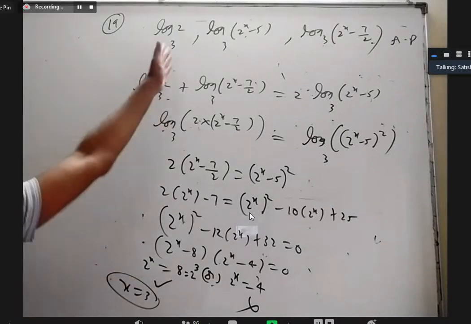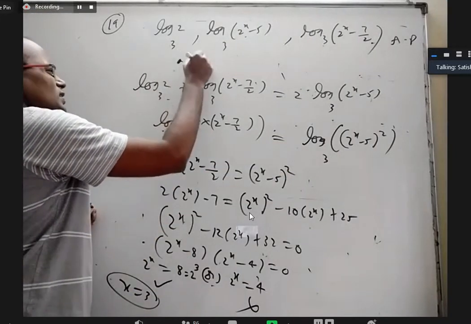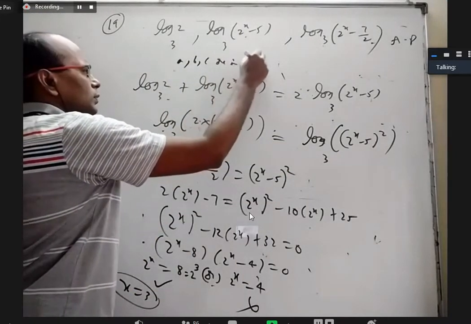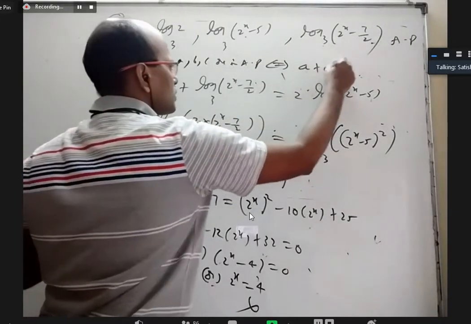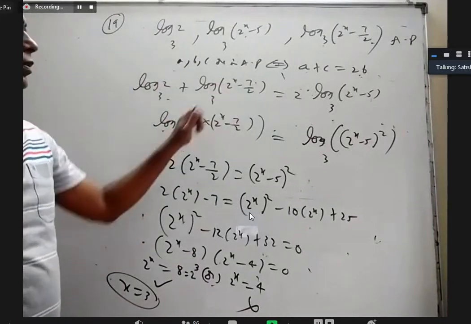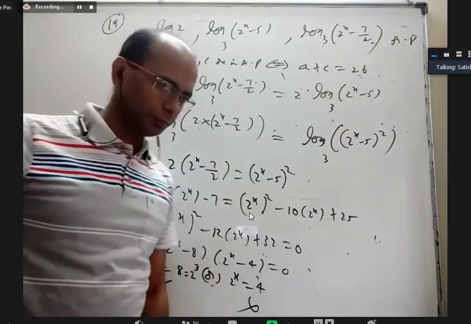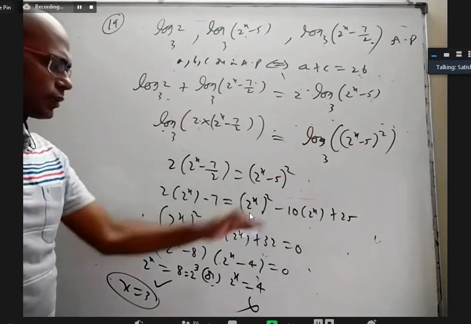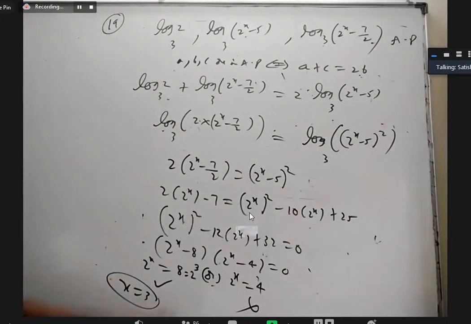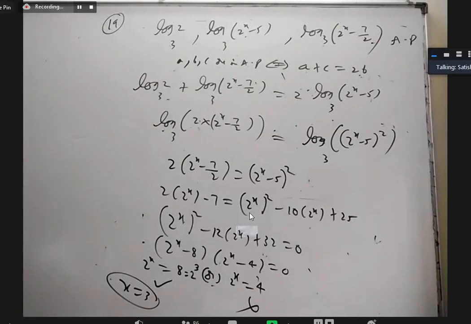Okay, so they said three things are in arithmetic progression. Whenever A, B, C are in AP, that means A plus C equals 2B. So the first one plus the third one is double the middle one. Log A plus log B is log AB. And M log A you can write as log A power M. Log A equals log B means A equals B. The quadratic equation, you can split the middle term and get factors like this. One of the x values, when you substitute back, gives log of a negative number, which is not defined. So that's why we rejected it.